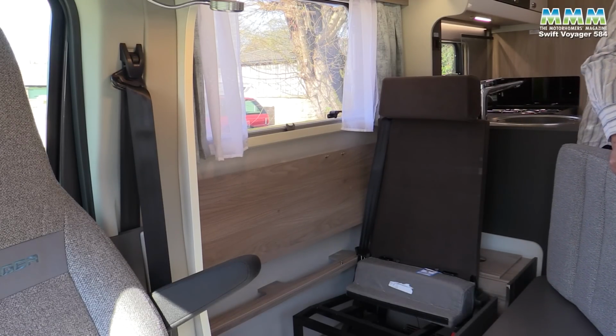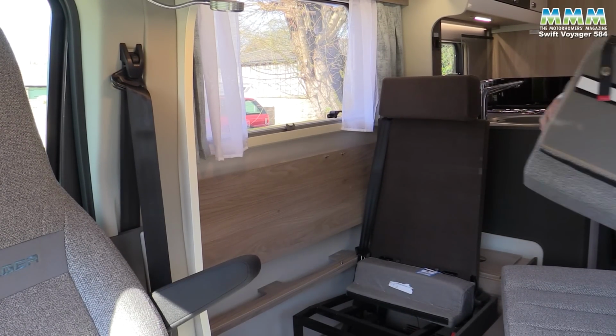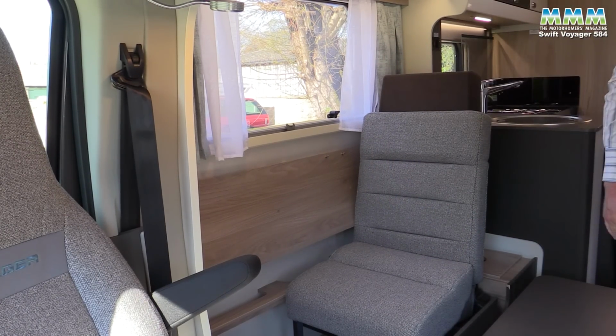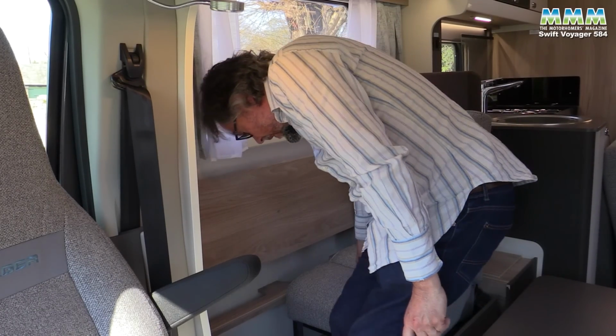you just remove the thin part of the backrest, and there we are, and then just a little door that swings round, and there you have your travel seat. And you can do similar on the other side as well. So it's a proper 4-person motorhome, although I would suggest that if you're travelling all the time with 4 people,